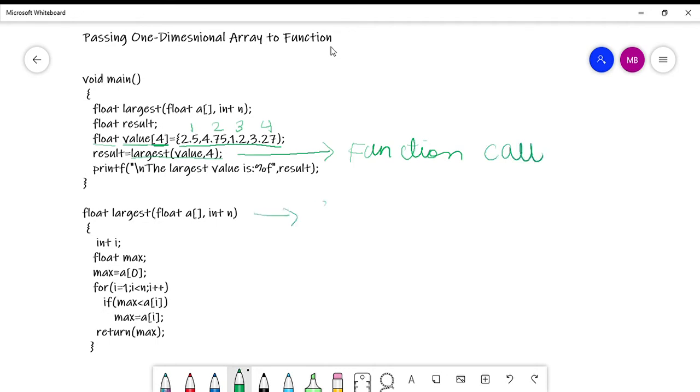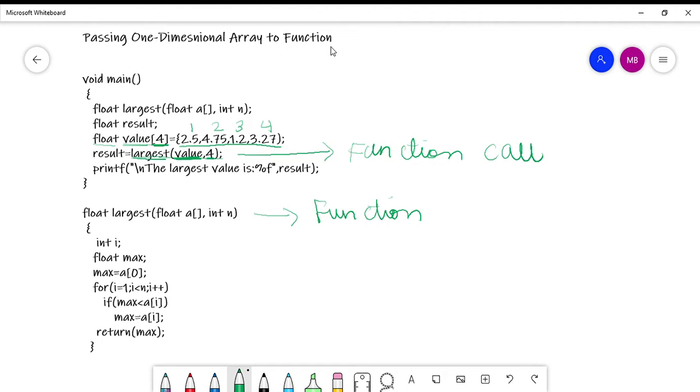This is the function which I am calling. So while making the function call, I just need to pass the name of the array. I do not need to pass the dimension or the subscript, as we call it, of the array. I have just passed the name of the array, and one more argument is required here whose value I have given.